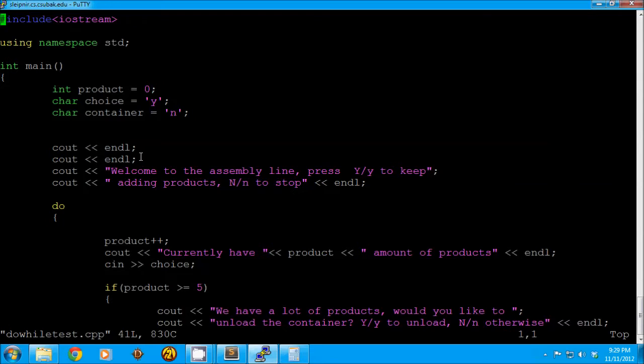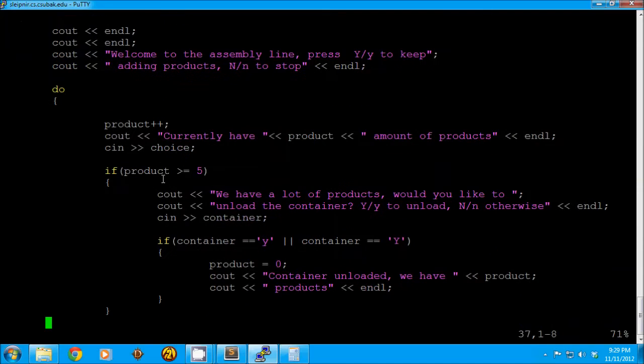The program I wrote basically is an assembly line, a make-believe assembly line, if you will. You're basically counting products starting with 0, and you keep adding products in the assembly line as long as you keep pressing Y, which is yes. So we'll keep adding products, and then at some point, after you accumulate 5, you will reach an if statement right over here, which will ask you if you want to unload the container in which we're putting all of the products. If you wish to unload the container,